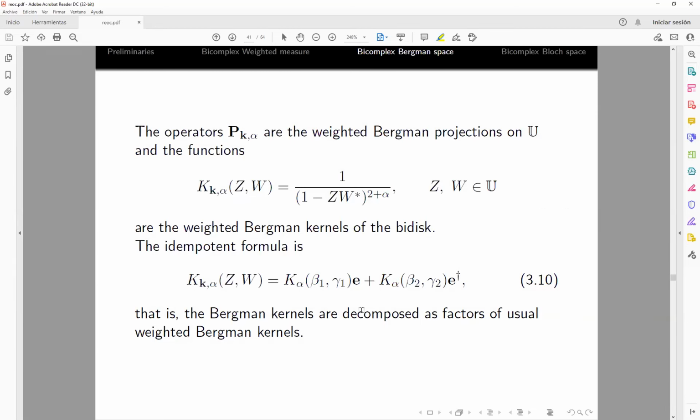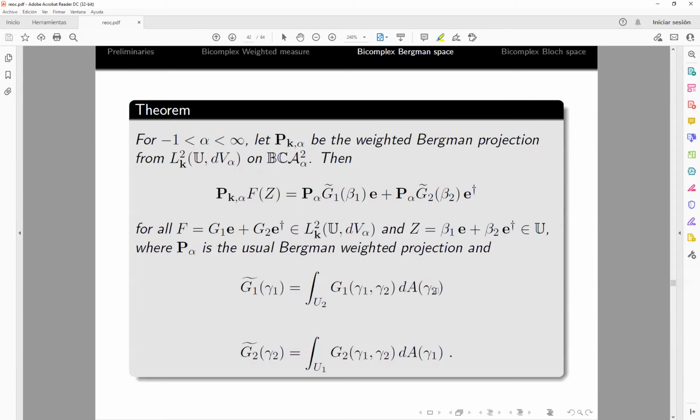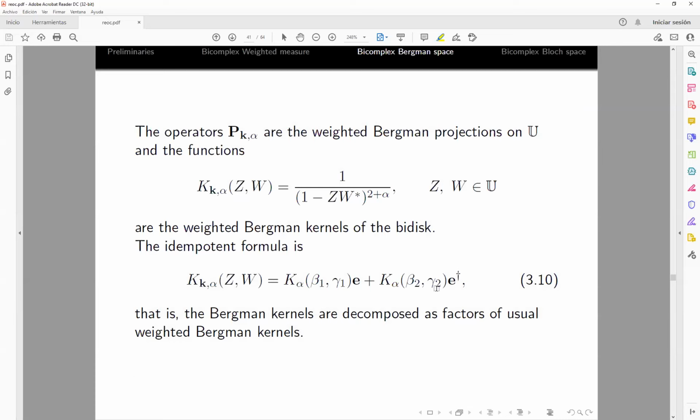Then in this form, we have that this set of functions are exactly the weighted Bergman kernels of the bidisk. We have this idempotent formula, where these kernels are the usual weighted Bergman kernels, but with respective variables beta 1, gamma 1 here, and here beta 2 and gamma 2. Okay, now we consider the following result, because maybe we can expect,